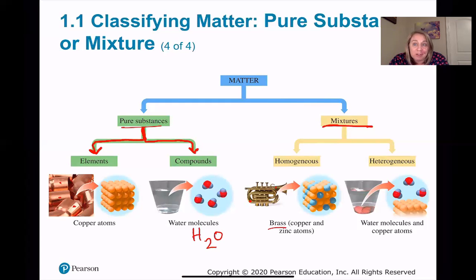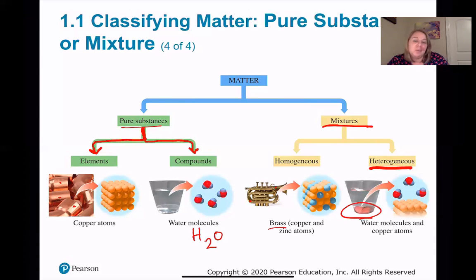So it's a mixture, yes, you have different types of metals in there, but it's homogeneous because it's all the same. You could also have a mixture that is heterogeneous. Heterogeneous is where we can see the difference. So remember I said the rocks in our pitcher of water. Here's the same thing. We put copper in the bottom of a little glass of water. Well, the copper's not going to dissolve in the water, so you can actually see it. And so that's a heterogeneous mixture. I can see the separation between the water molecules and the copper atoms.